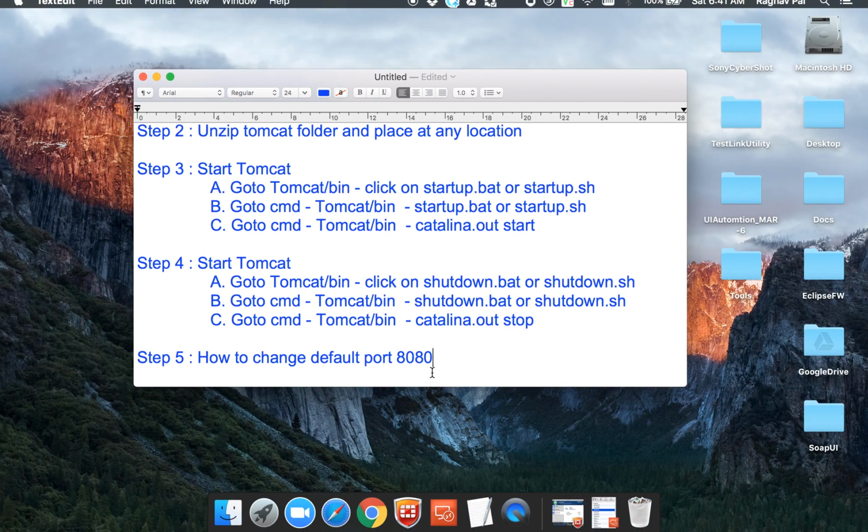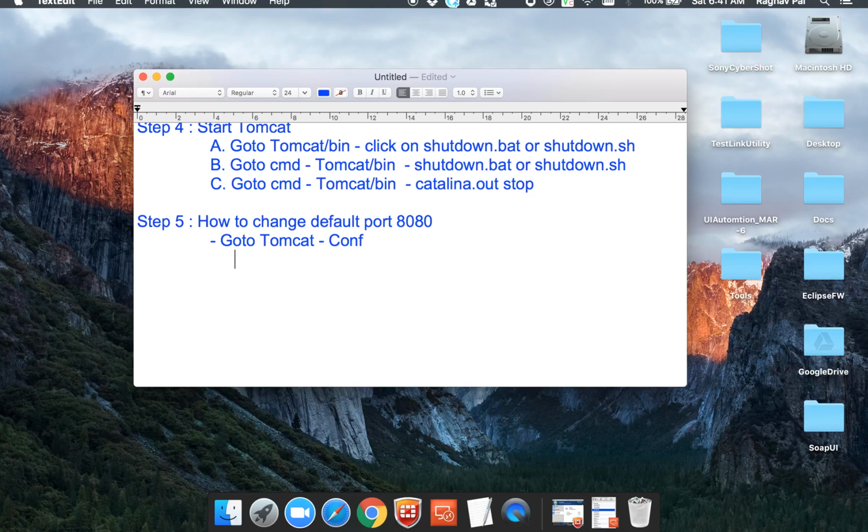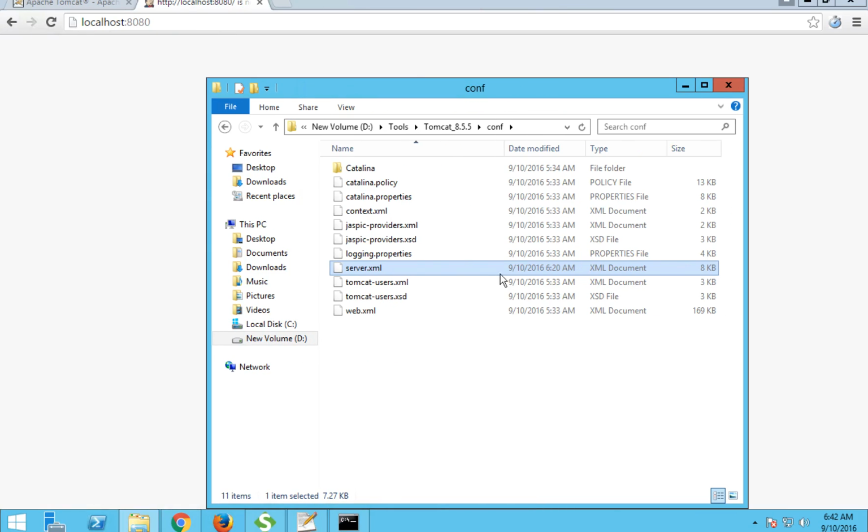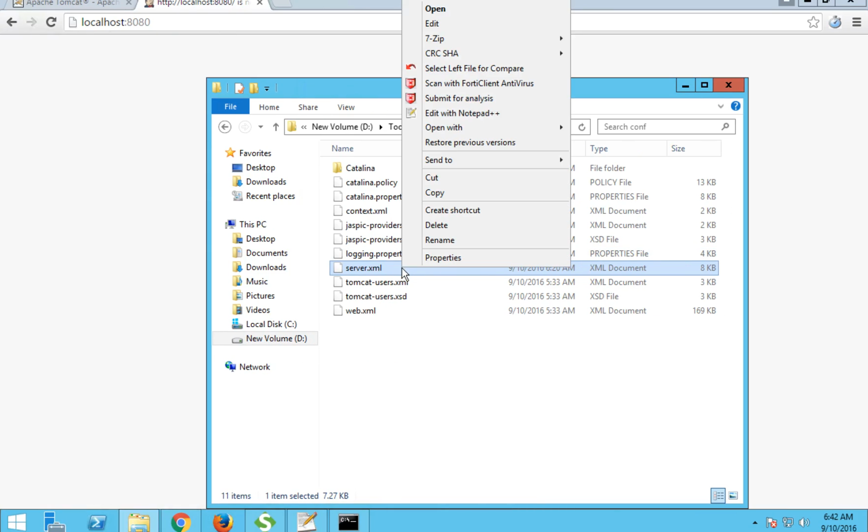So you have to go to the Tomcat conf folder and then edit the server.xml file. You can open this file in any of the text editors.